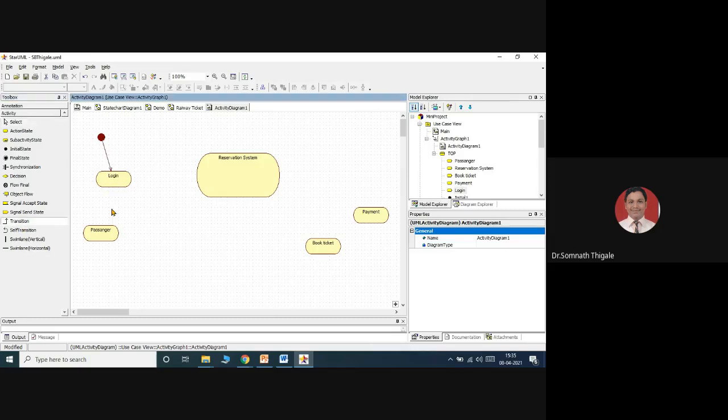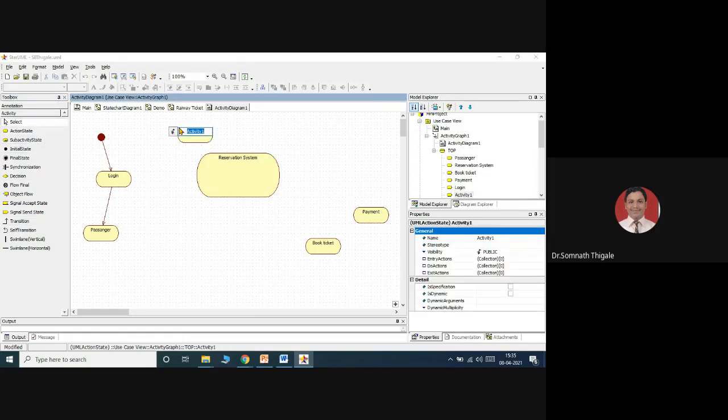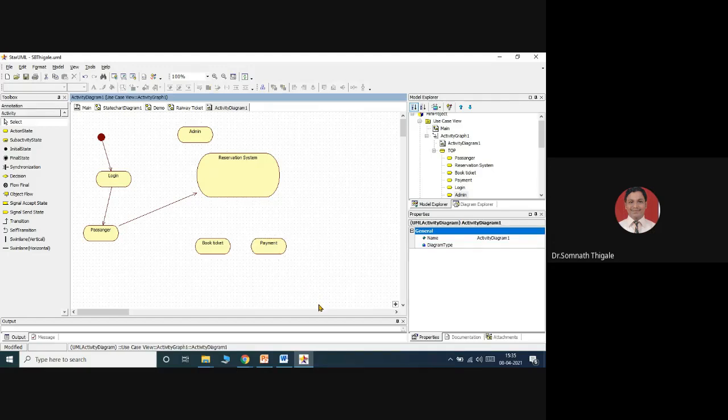After login, as a passenger or as an admin login, they can perform. Simply I can say admin login, and the passenger is able to use the reservation system. By using the reservation system, they can book the ticket by doing the payments and all the parts. So this is just what I'm representing. Just imagine this is my simple function model.